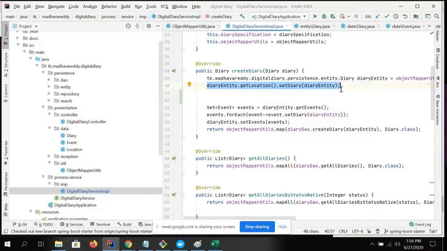Okay, I'm the owner and I have to behave, and the relationship should happen. If you don't specify this one, there will not be any relationship and you will be having individual entities without having a primary key. Then you cannot achieve any relationship. And here also similar way. Each and every entity you are getting from the front end, you have to set your primary key. Here we already converted into the entity, right?